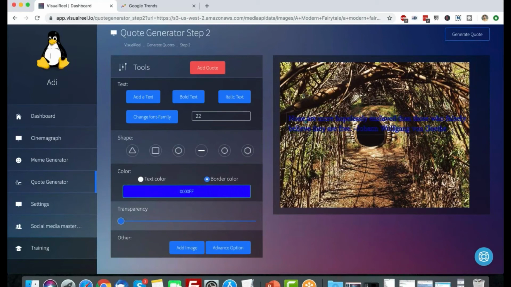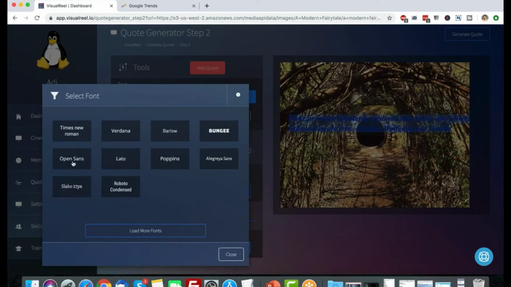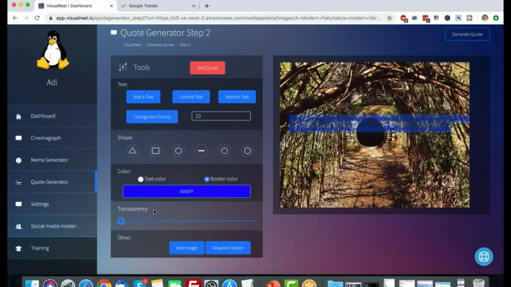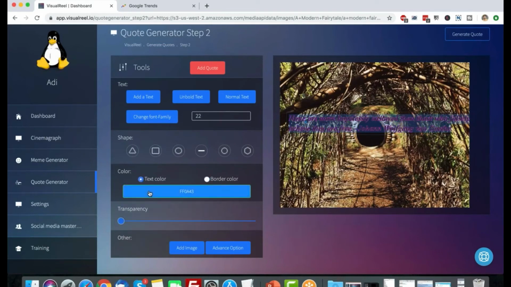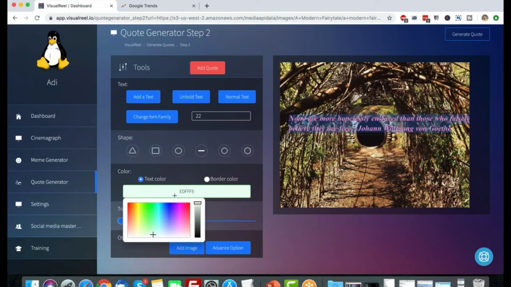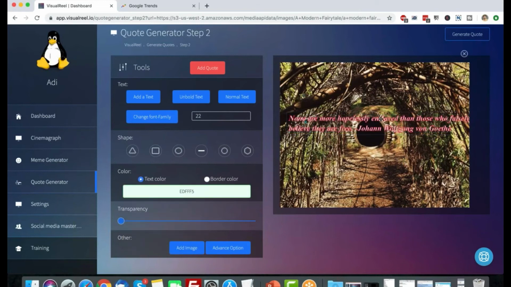Okay, perfect. Now I'm going to select it, make it bold, make it italic, and change the font family to something else. Cool. Next, I'm going to change the color so it's more readable. All right, so this quote is more readable now.